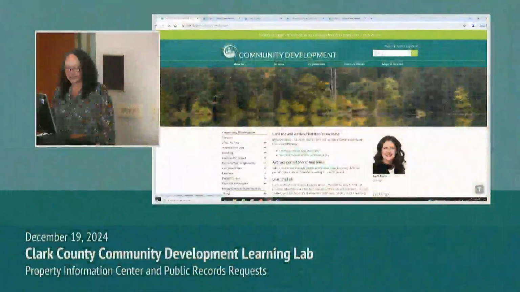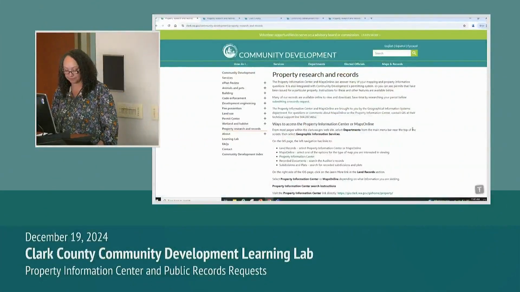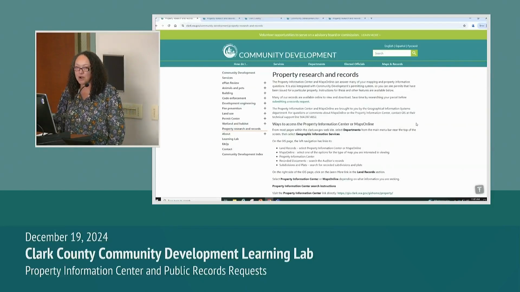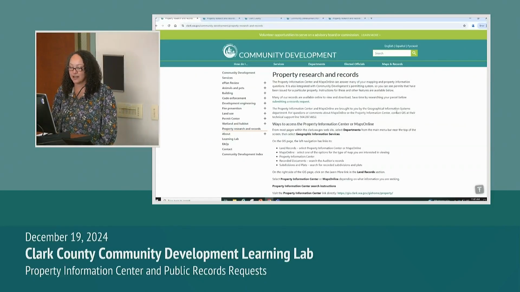So let's visit our Property Research and Records page. We'll start at clark.wa.gov, and then from the Departments menu, we'll select Community Development, and then we'll select Property Research and Records. So the top part of the page shows you different ways to get to the Property Information Center